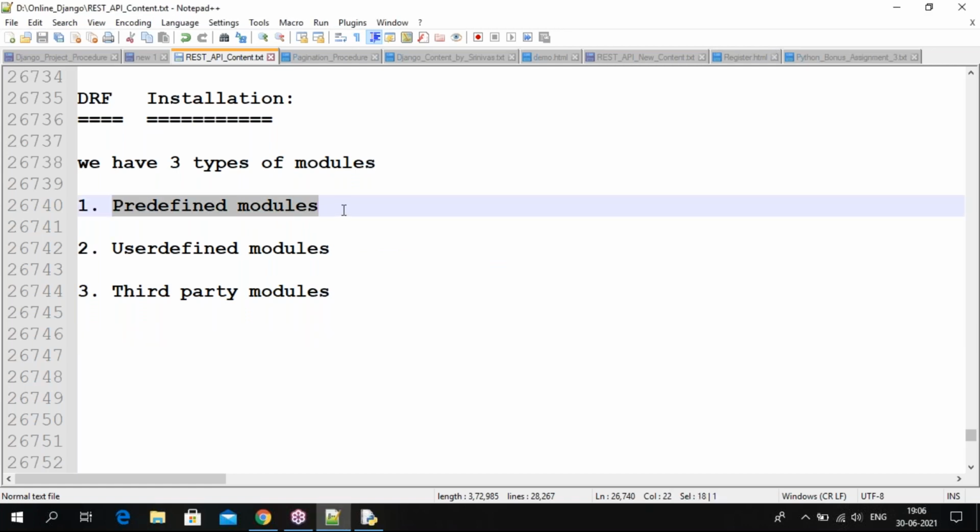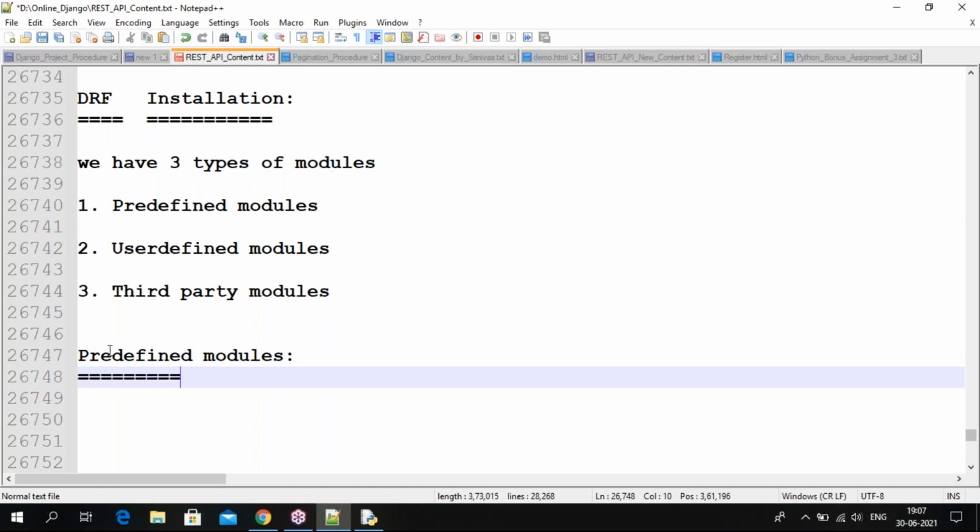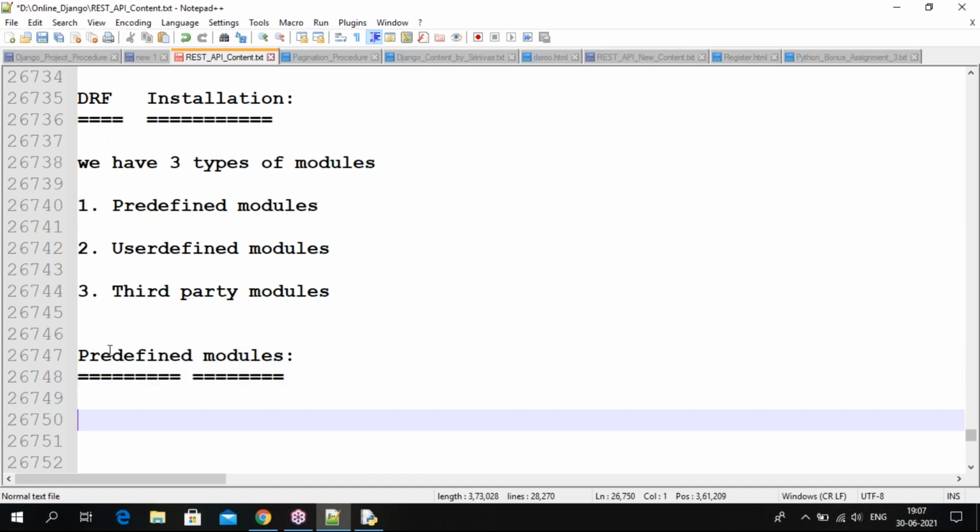So what do predefined modules mean? Whenever we install the Python software, along with the Python software some modules come. I'm writing shortcut points; in the material you will get it more clearly.